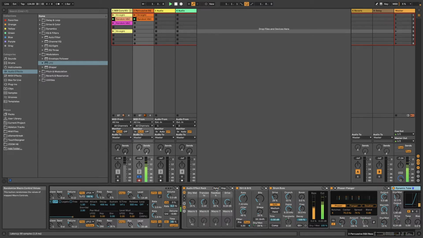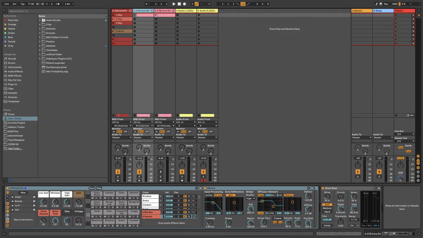Each time I click it, we get a different variation. Really interesting. So let's quickly move into another track to have a look at another thing that you can do with the